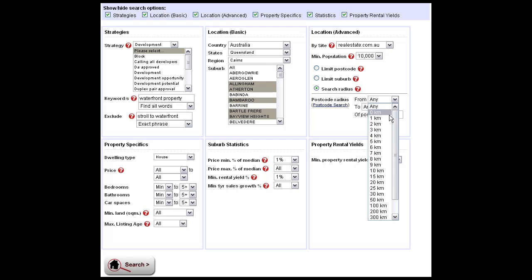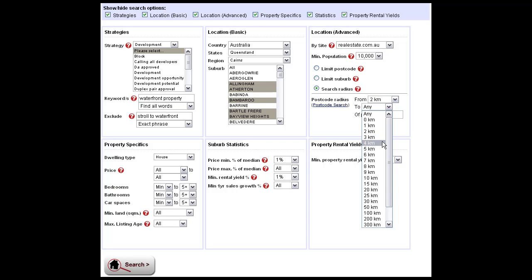So we can search for, let's say, any property that's within 2 and 6 kilometres of postcode 2000 in Sydney. So if you can imagine a circular type search that allows us to pick a radius or a distance from a postcode and search in a circular radius around that particular postcode itself. So if we come down now, we leave the location advanced dashboard and come down to property specifics, we can